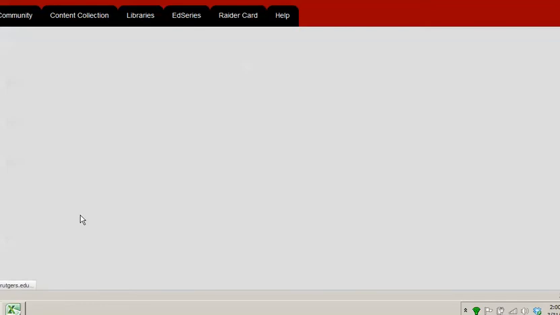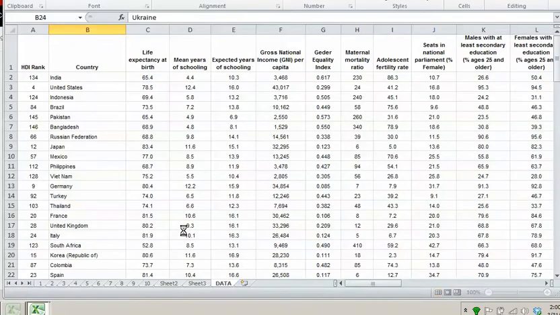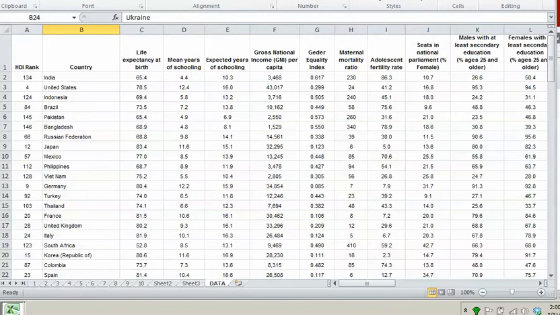I'm going to just open this up. This is the Excel file. Okay, here it is. You can see there are countries of the world in this second column here, so it's country level data. The variables are labeled in the first row up here, and some of them are